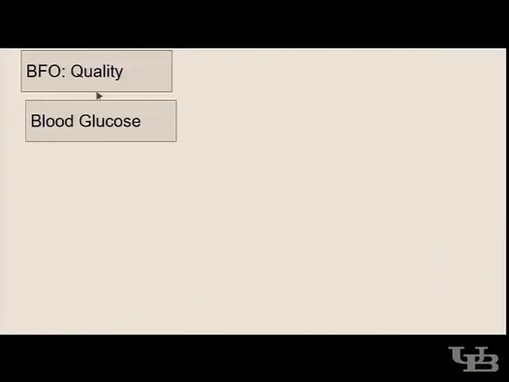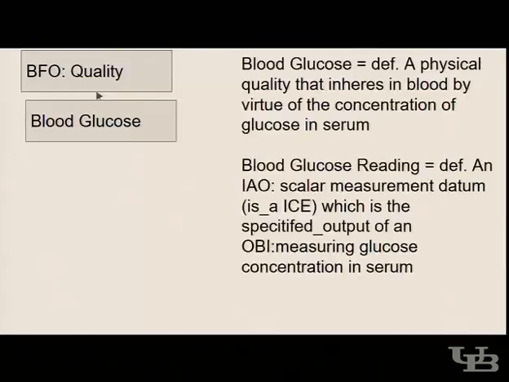Okay. One important thing I need to describe is blood glucose. I struggled with this definition for a long time. With some help from Werner, I decided it was a BFO quality, similar to how temperature of a body is a quality. So I say that blood glucose is a physical quality that inheres in blood by virtue of concentration of glucose in serum,